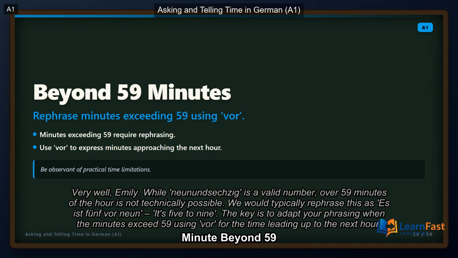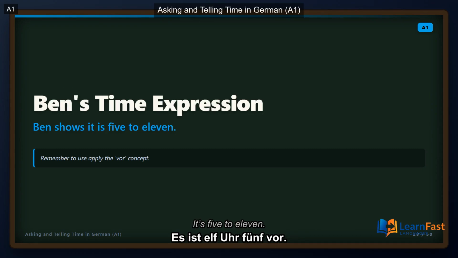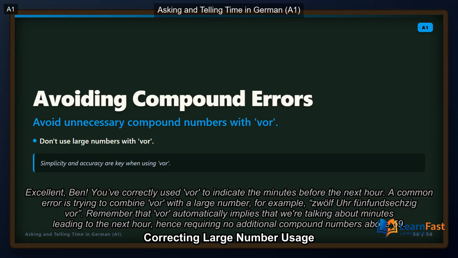the next hour. Es ist 11:05 vor. Excellent, Ben. You've correctly used vor to indicate the minutes before the next hour. A common error is trying to combine vor with a large number, for example, 12:65 vor. Remember that vor automatically implies that we're talking about minutes leading to the next hour, hence requiring no additional compound